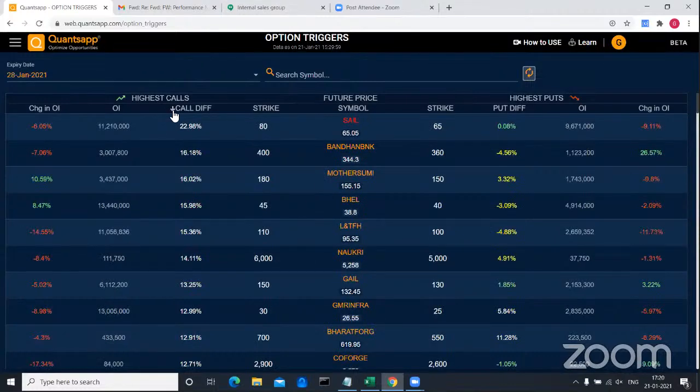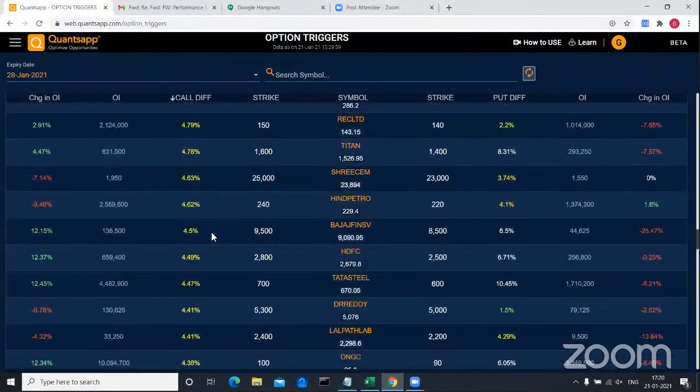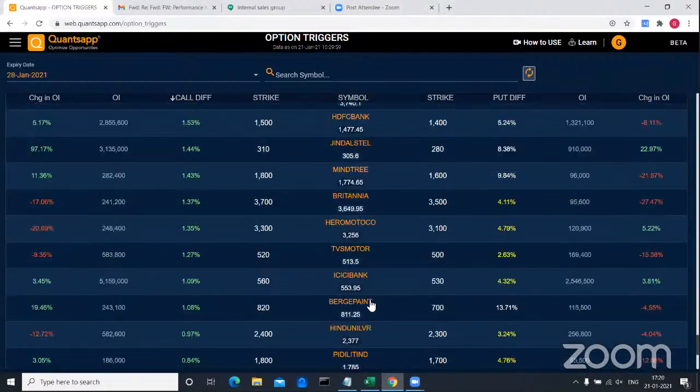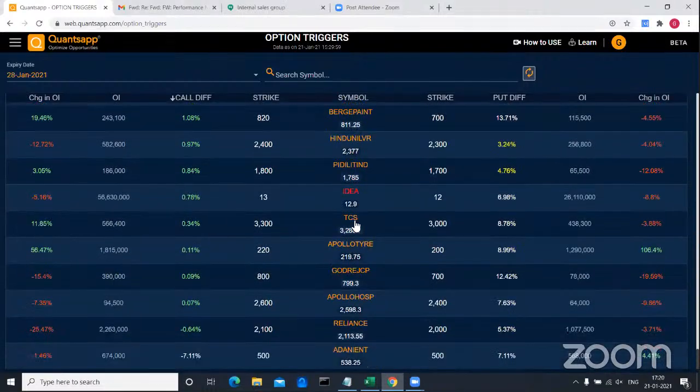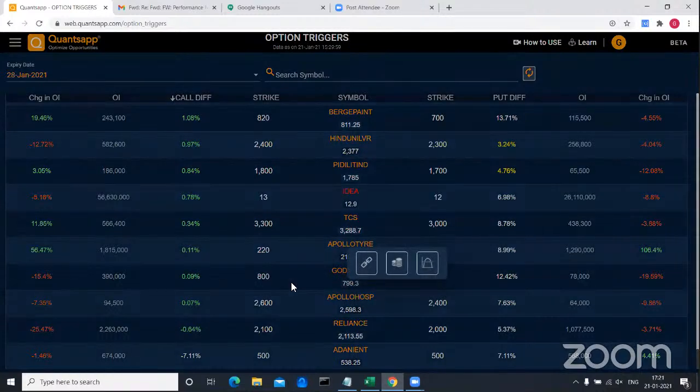So I will sort my data. Go down. Okay. So you can see Apollo Hospital, Godrej, Apollo Tire, TCS, Idea, Pidilite, HUL. These are very near, or Reliance. These are the stocks which are very near to its highest call. If we look at Apollo Tires, despite it trading near the highest call,